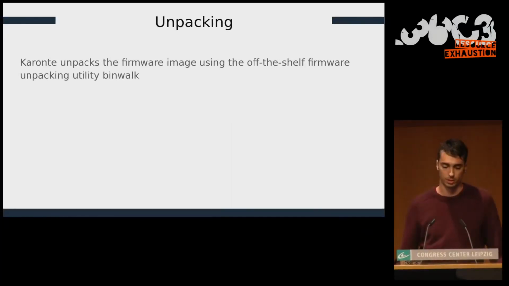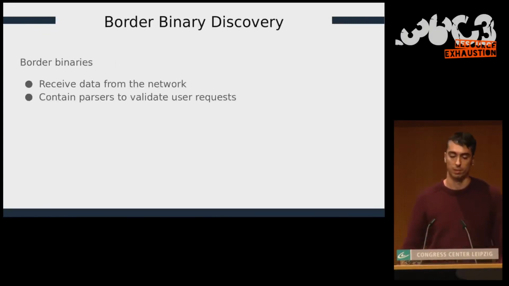The unpacking procedure is pretty easy. We use the off-the-shelf firmware unpacking tool, Binwalk. And then we have to find the border binaries. Border binaries basically are binaries that receive data from the network, and we hypothesize that they contain parsers to validate the data that they receive. So in order to find them, we have to find parsers which accept data from the network and parse this